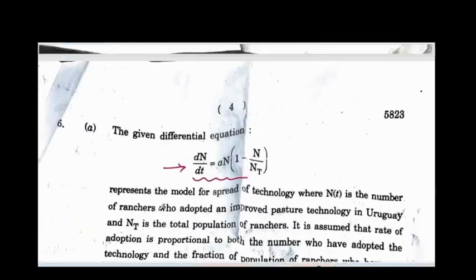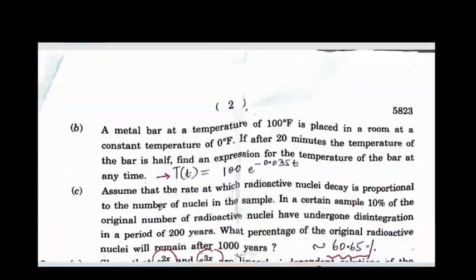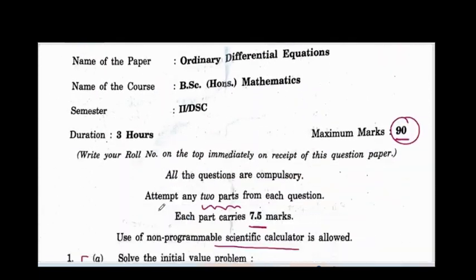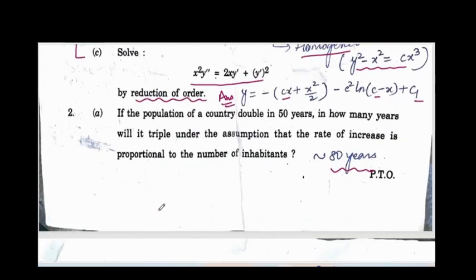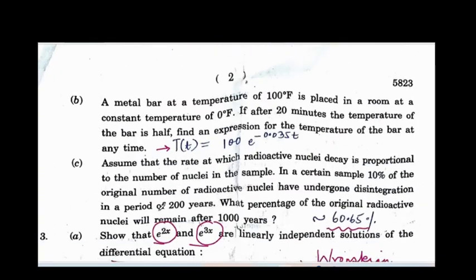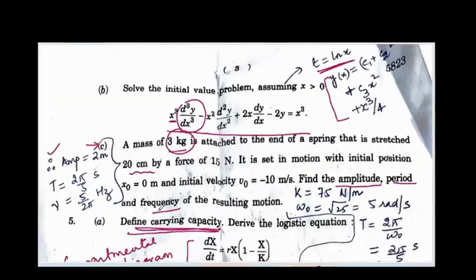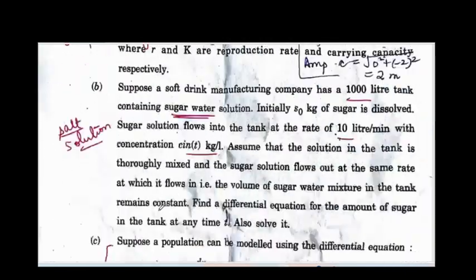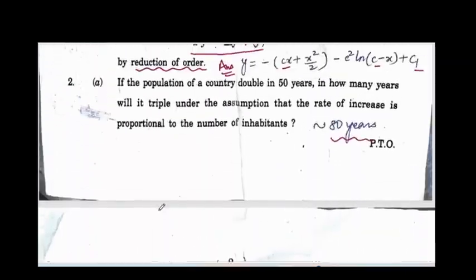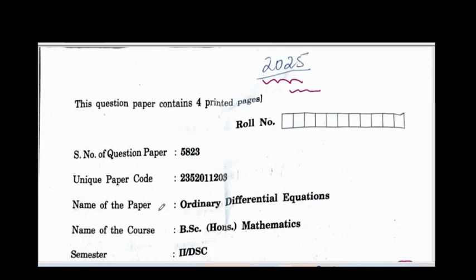So this was all about the 2025 paper, a very easy standard format, all questions from the books which were the recommended textbooks. So it was like a cakewalk for those who studied nicely, because no new question was given, only some minor variations, like in the sugar solution question, where the salt one was done with identical data. You were just given sugar instead of salt. So those minor variations were made in the paper, otherwise they were as it is from the recommended exercises of the textbooks.